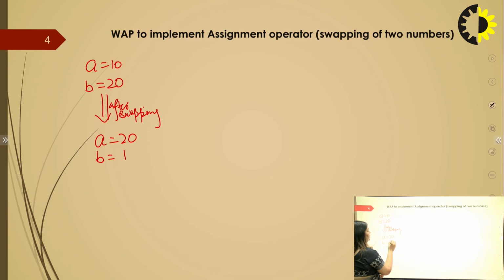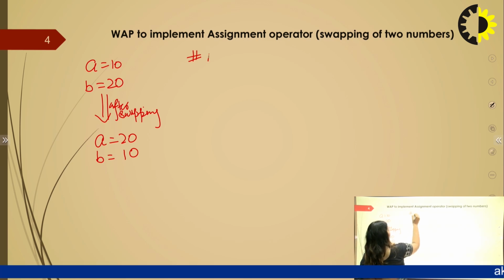So we can do it with the help of the assignment operator. There are two variables considered here, and we will take a third, extra variable for swapping. So let's start the program.